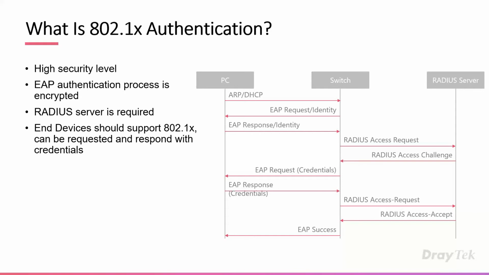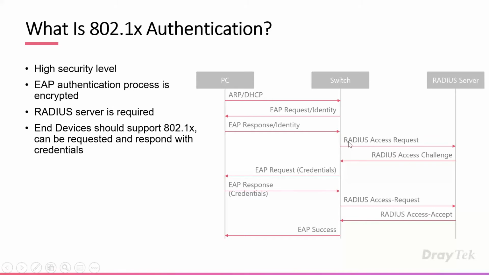It was originally designed to address wireless LAN access security concerns, and it was later adopted for wired Ethernet ports as well. Looking at the graphics in front of us, traditionally a PC, when connected to a switch, is going to do a DHCP request. It needs an IP address to connect to the internet. The switch is going to instead send an EAP request to the device. The device is going to respond with its EAP identity, at which moment the switch is going to send